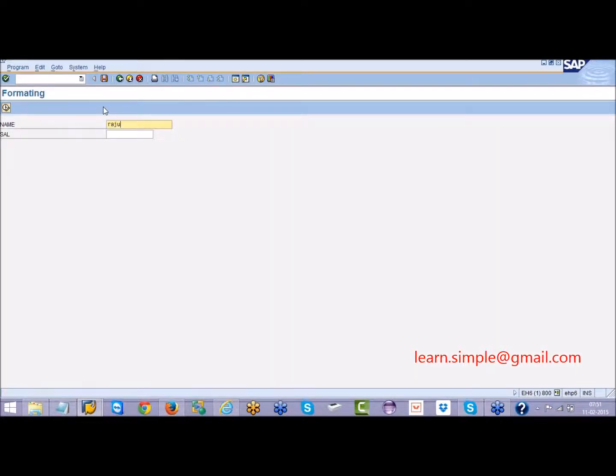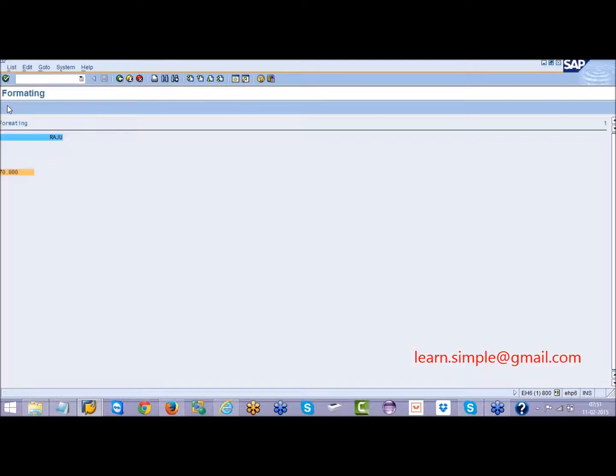Now before going to the center, let us see how the output looks. See, now the Raju is coming on the right side of the 20 characters. The salary is coming on the left side. And remember, this is on the right side of the 20 characters, not the complete screen. See, the screen is totally big. It is not right justified to the complete screen.